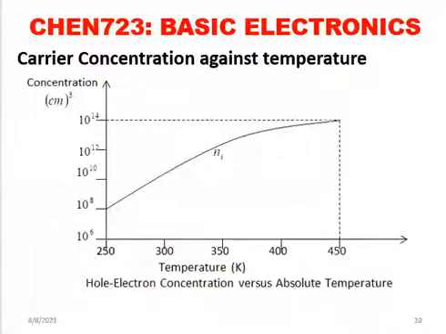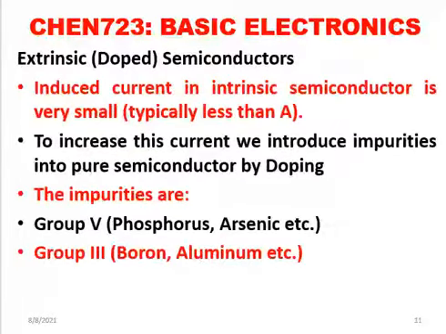And even in this case, you can see that we have around 1 over 10 raised to the power 9, that is a billion. So even as the temperature rises, the ratio of the bonds that are broken is very, very small. And for this reason, the amount of current that could be created is also very small. So that is telling us that using intrinsic semiconductor materials is very ineffective, because it does not give a large amount of current that can flow.